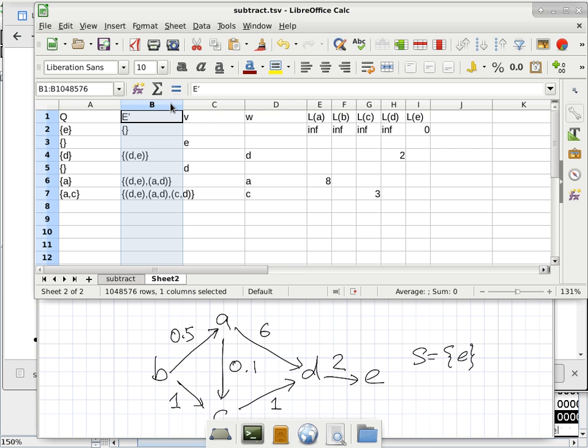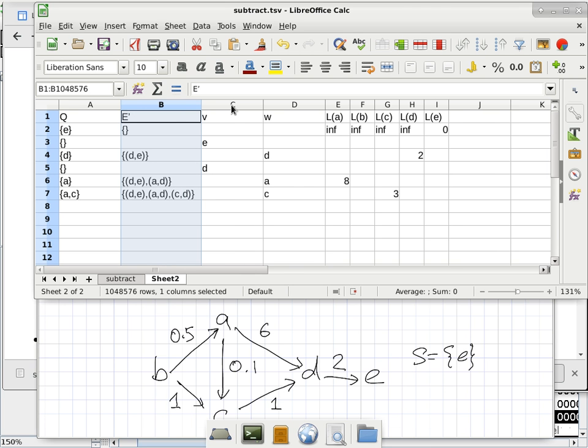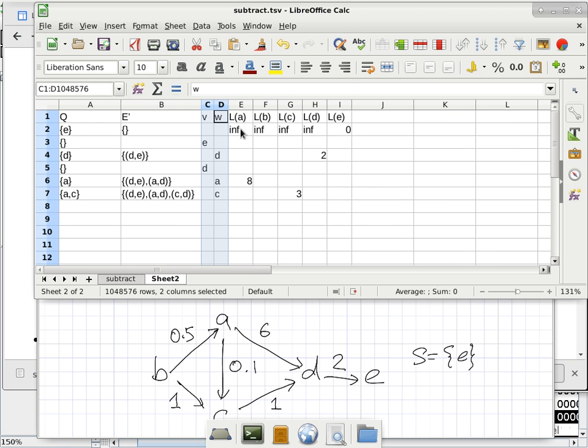So E prime is going to get a little bit bigger as we add more stuff, but these two should be pretty narrow, so let's go ahead and make sure they don't take up too much space. All right, so now we are done with the for each loop, and then we go back to the for loop. The for loop says,